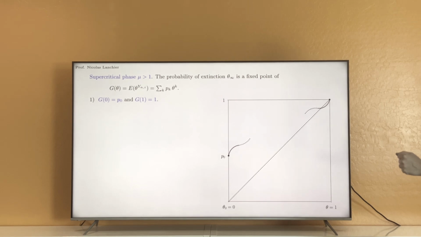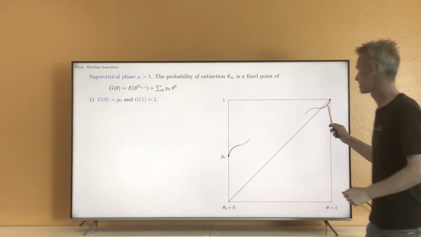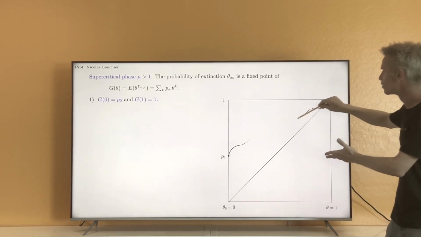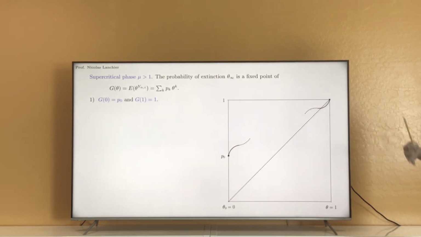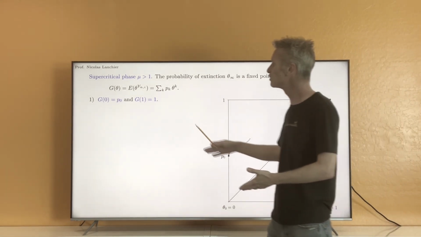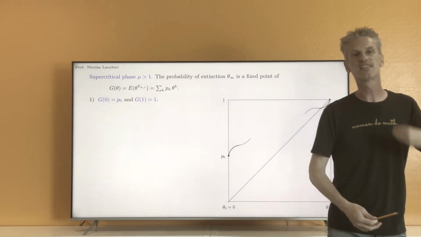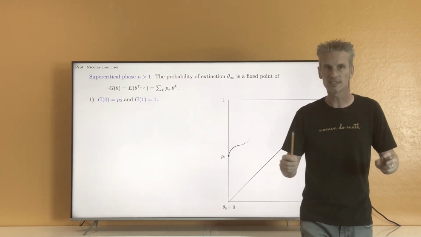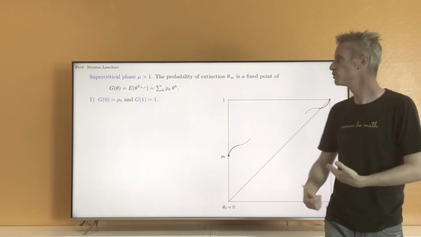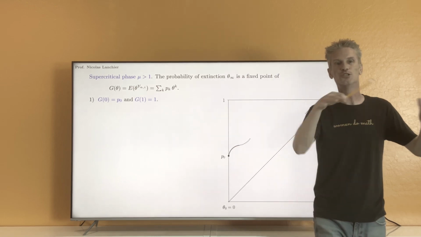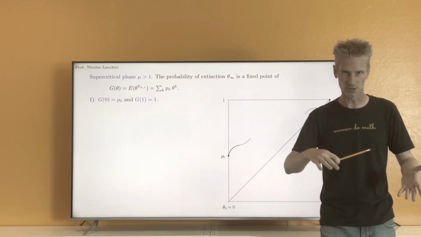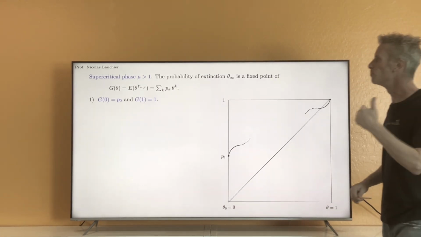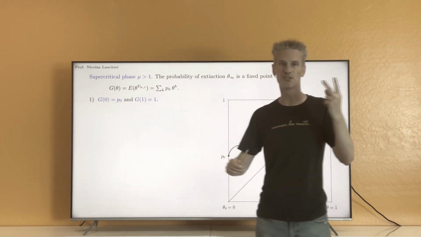Then, next step, how do we connect those two points? Okay, what is the behavior of the function in between? Here I don't really know, I just drew those little things here, but can we say something about the monotonicity of the function and the convexity of the function? The answer is yes, and again I'm going to use the fact that this is an analytic function, and so we can differentiate the function as many times as we want, and the sum of the derivatives is equal to the derivative of the sum, okay? And so doing this, we can easily study the monotonicity and convexity by looking at the second derivative of this function.